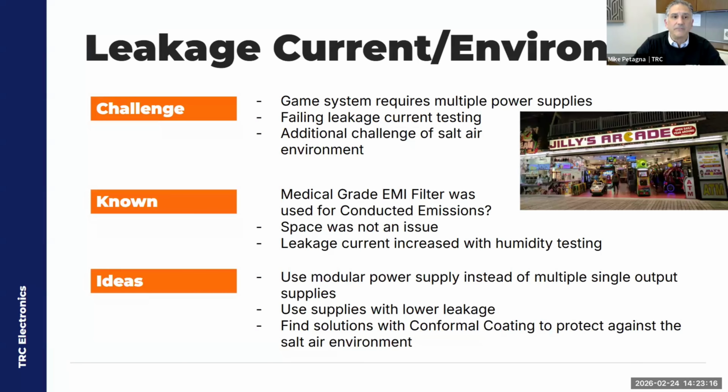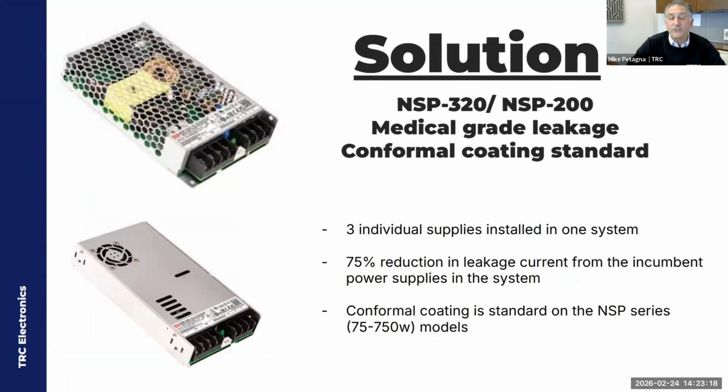So if you look at the next slide, what we were able to find was a product we recently launched from Meanwell called the NSP series, and an NSP 320 and 200 combination was a perfect solution for a couple of reasons. One is that the product is medically certified, and the leakage current for every single power supply is about 350 microamps or less. So if you had multiple of those units, you obviously had less leakage current to contend with. In addition to that, these products are also conformally coated from the factory,